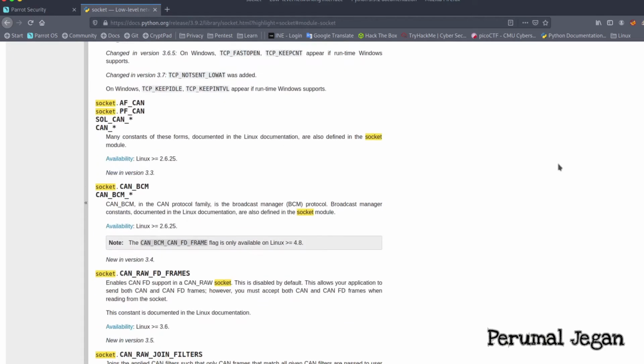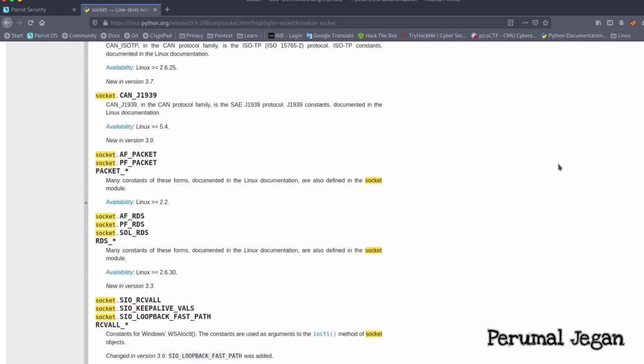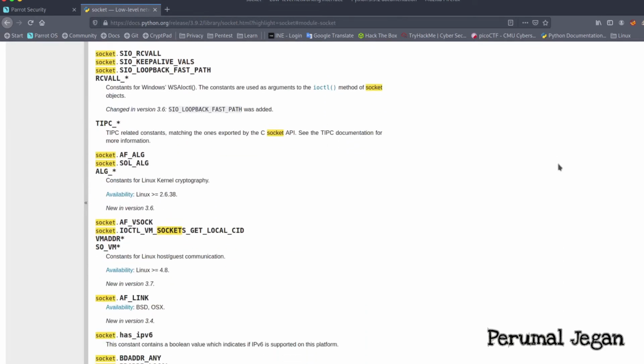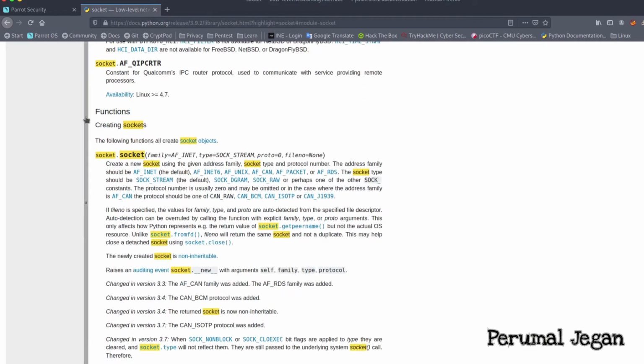When I scroll a little further, I'll be getting a lot of functions in this. Here is the function to create the socket. If I want to create a socket in my programming language, I need to use this line: socket.